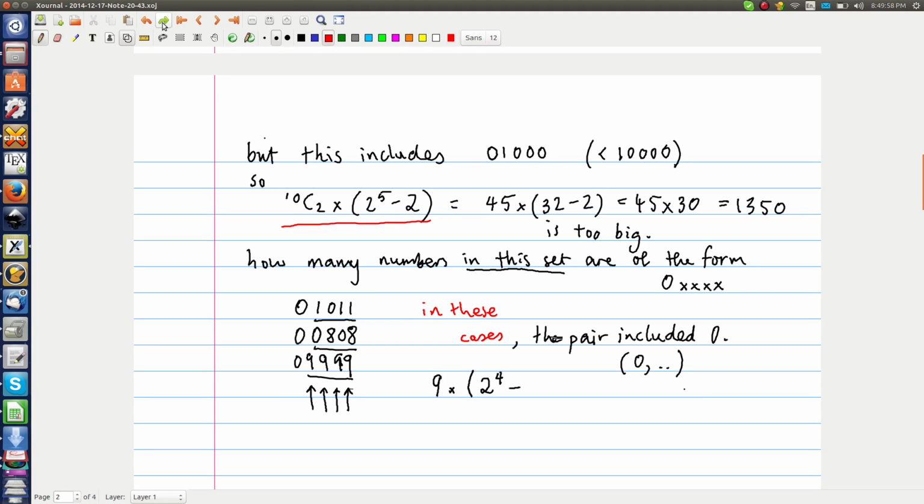the number 10c2 times 2 to the 5 minus 2. I've just changed this so I can make nice underlinings now. There we go. We're only going to subtract from that things that were already included in it. We don't want to subtract from it things that were not included in it. So, if we consider the case 09999,